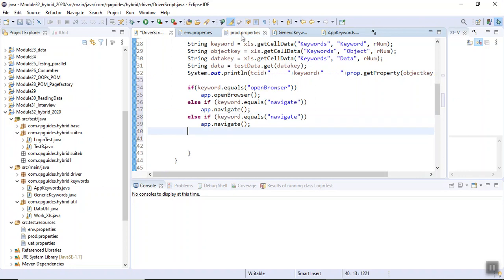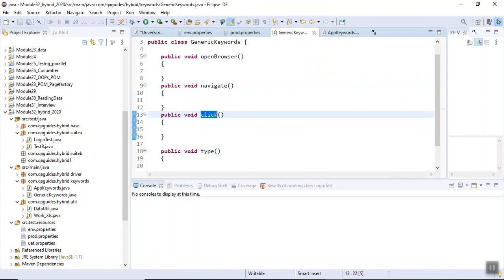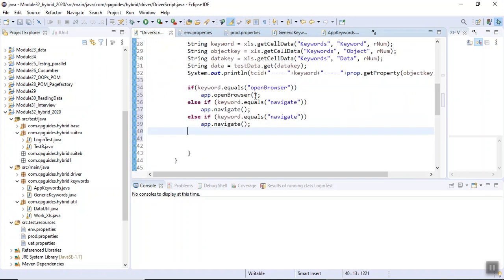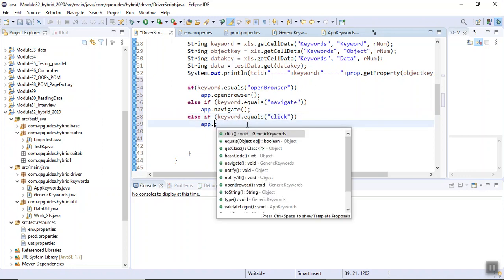Else if equals to click, then call app dot click.